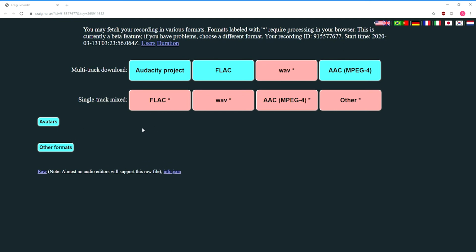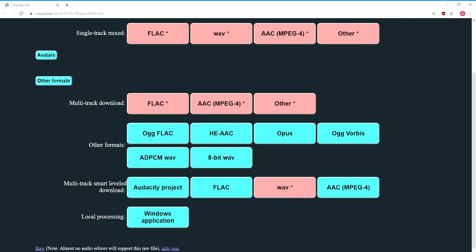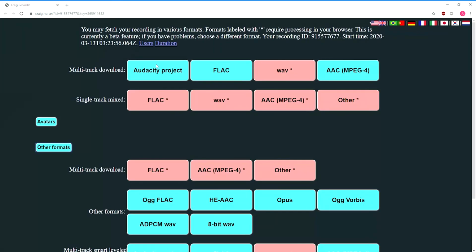If you're new to audio mixing and just want to get content out there quickly, I recommend doing this one right here, the single track mixed wave format. Otherwise, there's a bunch of other formats you could go to if you are good with audio software. You can also directly open it in Audacity if you want a multi-track download. It's very nice. For the sake of this tutorial, we're just going to do a simple single track wave file